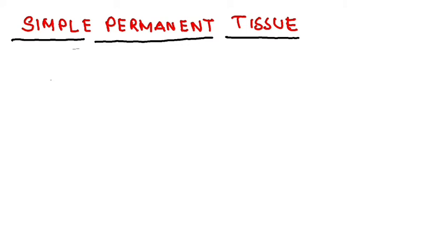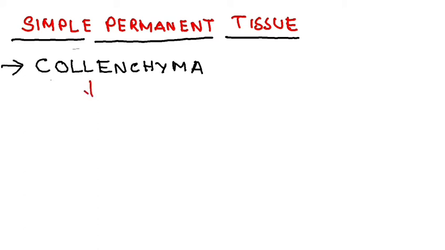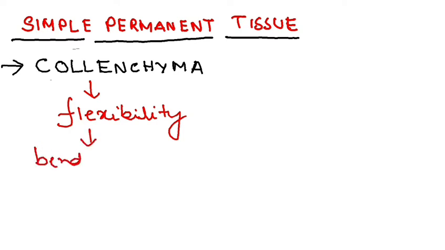The next type of simple permanent tissue is called the collenchyma. These are all new words for you. You need to be very careful with the spelling of these terms. Now what does collenchyma do? Collenchyma provides flexibility to the plant. Alright, so flexibility means it helps in bending. Bending of what? Bending of stems or tendrils,